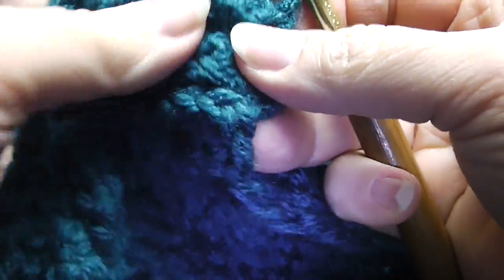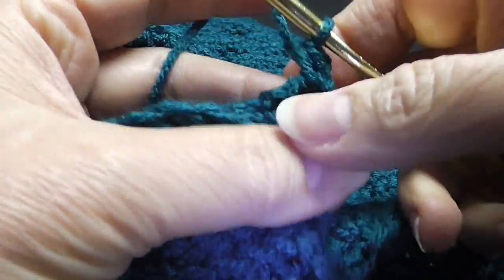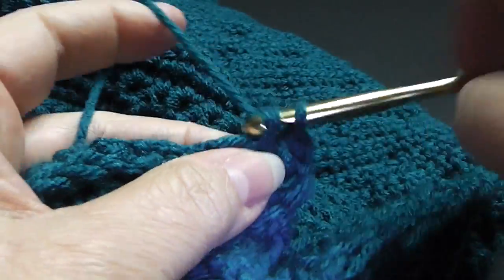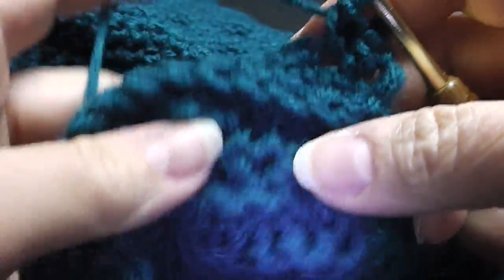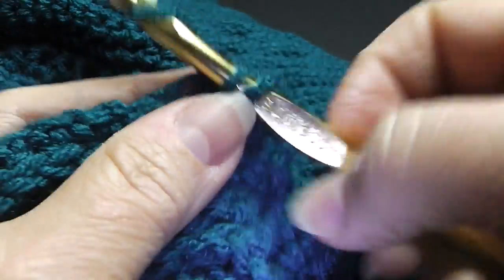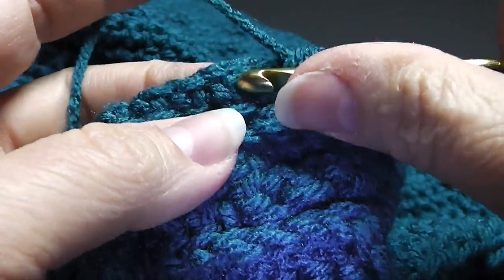Okay, and I am going to work a single crochet in this first stitch, and in each stitch across. Also notice I'm going to be hiding this loose strand as I go. Be one less strand to deal with when I finish. So I'm going to work single crochet all the way across,